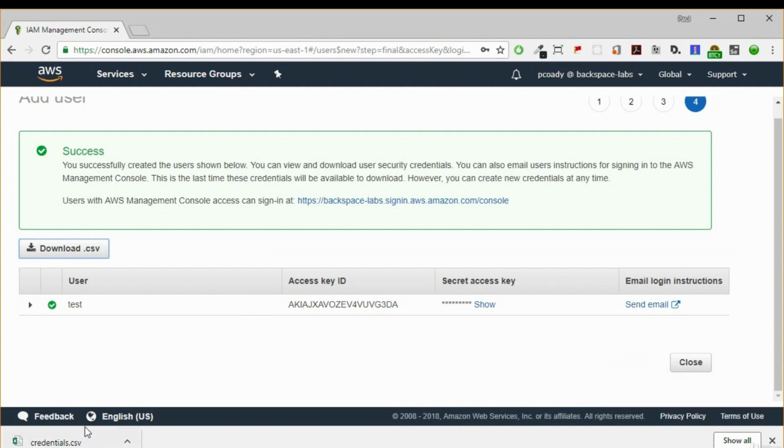When we open up that file, it will have information about how we log into the management console. Before, we would have been logging in from aws.amazon.com, but now we've got our own sign-in link, and yours will be different. If we click on that now, we will be able to sign in as that IAM user.